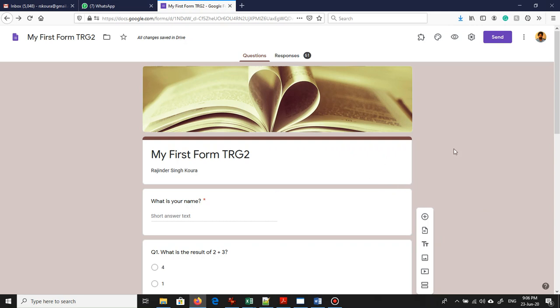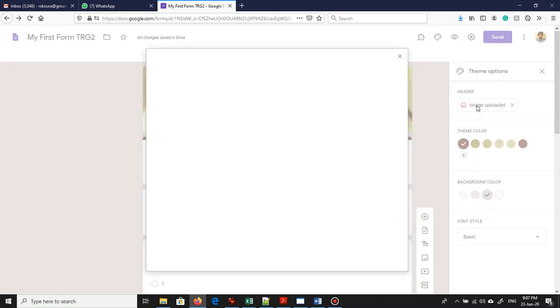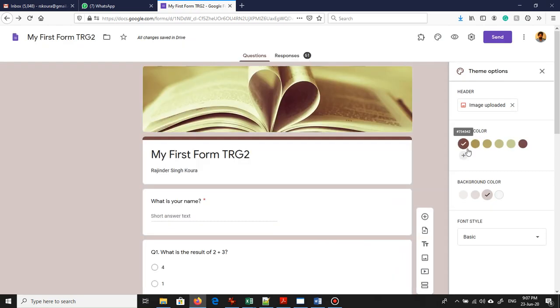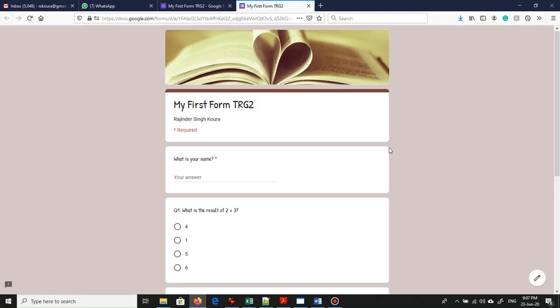But what we did today was how to beautify your form. We went into customize themes, we uploaded images from here, selected the image and inserted the image from here, we changed the theme colors from here, and we changed the font from here. Okay, that done. Next thing was preview. With preview, you can see what it will look like to the end user. To the end user my form is going to look like this.